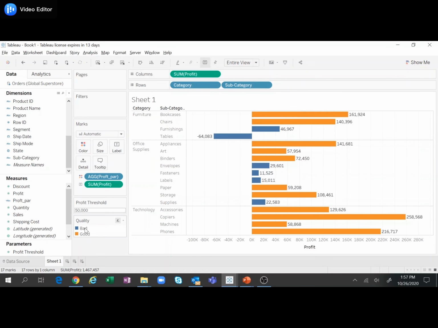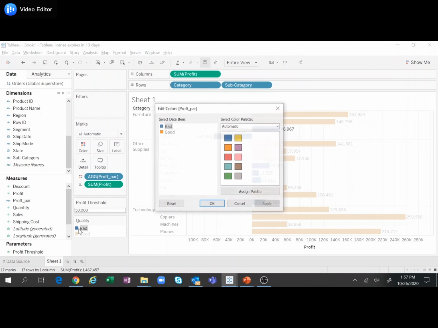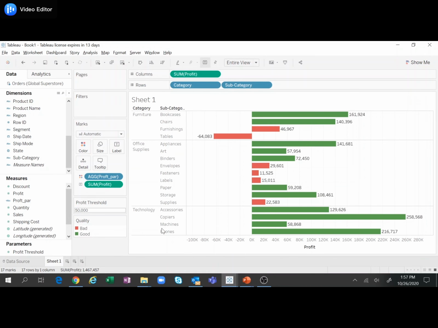Since we are defining which products are bad and which are good, I have renamed this as quality. Then to change the color, I'll double click on this legend. This color tab will open up, and I'll indicate bad with red and good with green, and that's it. That's our final chart.